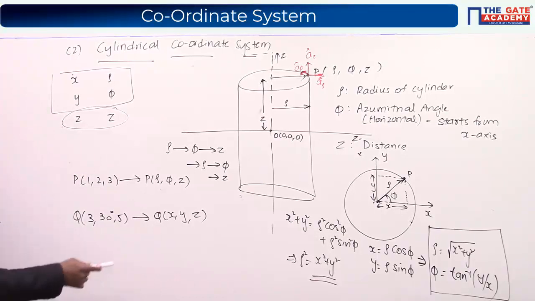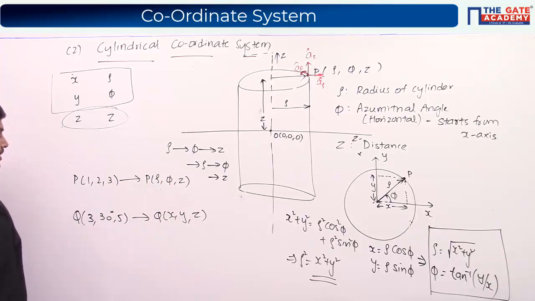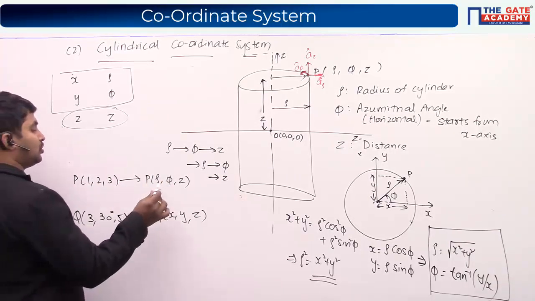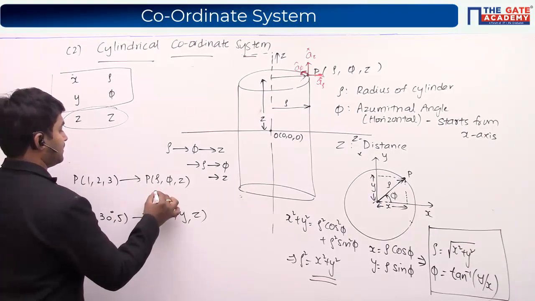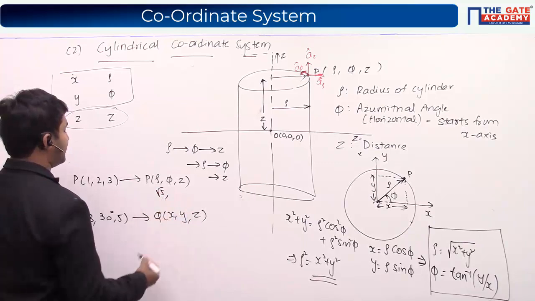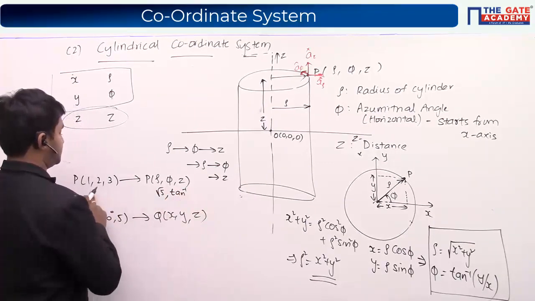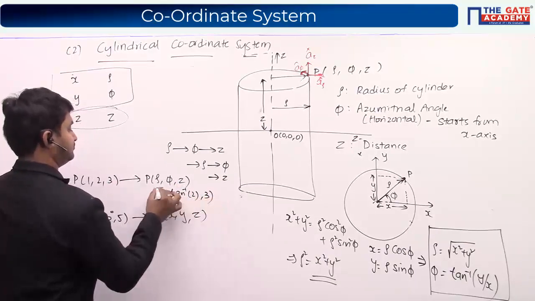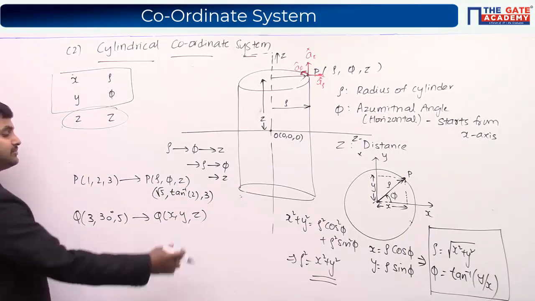So please let me know what is the value of rho and phi here, because that is something that we already know. Here we have to find the values of x and y. So rho is nothing but the under root of x square plus y square. Yes, here it is under root of 5, and phi is tan inverse of y by x, 2 by 1. So root 5, tan inverse 2.